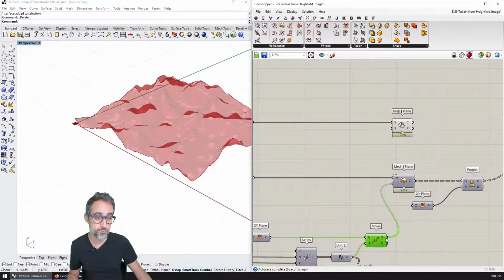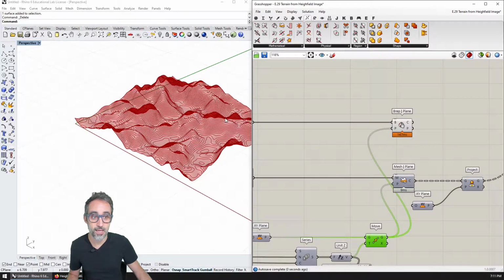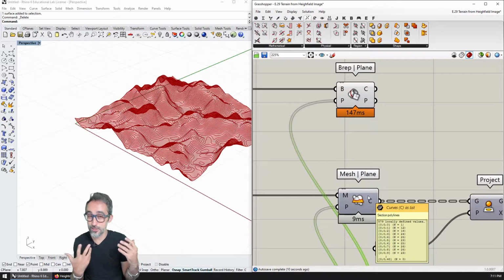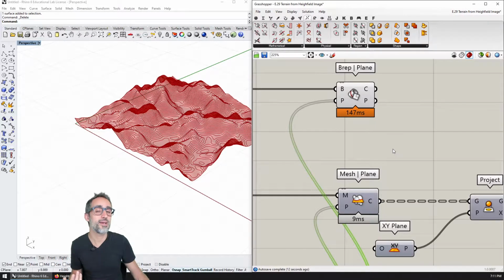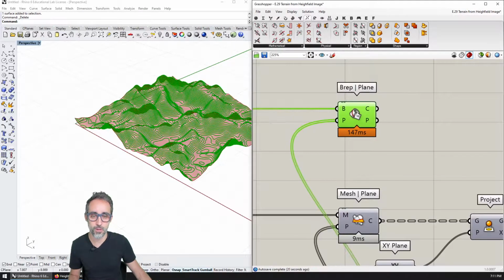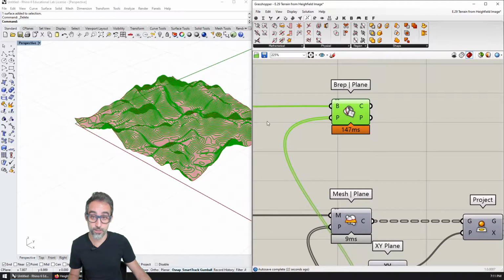So I'm going to use those. I'm going to plug them in here, and you can see, compare how much more expensive it is to perform these sections than doing it with meshes. Meshes and mesh geometry, in a way, are very computationally lightweight. NURBS operations and intersections are way more complicated, more computationally intense, always.